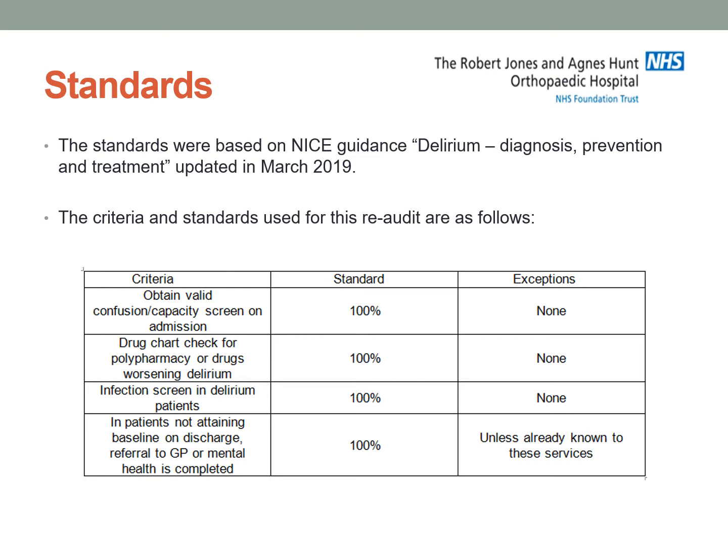Standards. The standards were based on NICE guidance, delirium diagnosis, prevention and treatment, updated in March 2019. The table showed the criteria and standards used for this re-audit. 4 criteria and standards were used. Number 1,